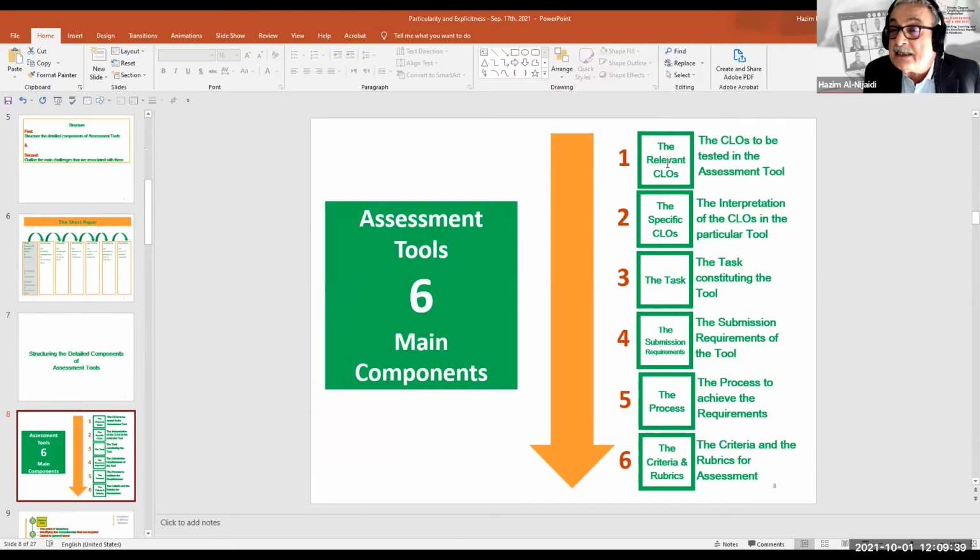They start from the relevant course learning outcomes that are targeted for testing in this particular tool, leading to the specific interpretation of these learning outcomes in this particular tool, to the task that is selected for testing, to the submission requirements that are expected out of this task, to the process of achieving these requirements, and finally to the criteria of assessing achievements of these competencies, and a description of the highest and lowest expectation of achievement as a rubric.